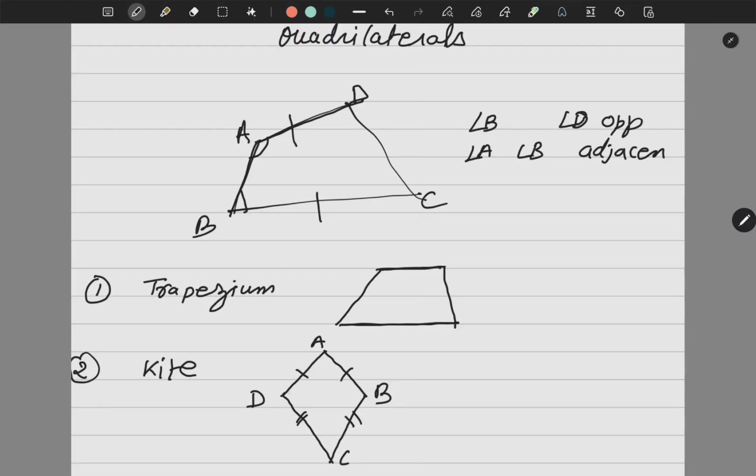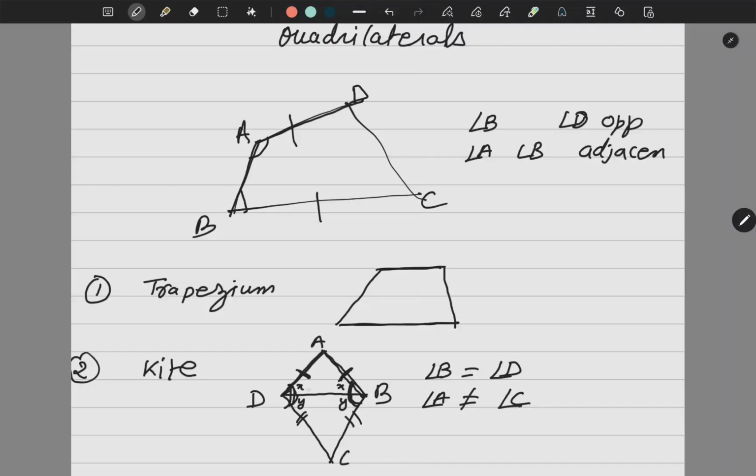For example, when I am saying these two sides are equal, AB and AD, if I join BD, I know that opposite to equal sides, I do have the same angles. So if this angle is say x, this angle is also x. Same way, I can say that CD and CB are equal, so these two angles should be same. So basically angle B and angle D become equal. So angle B is always equal to angle D. But angle A is not equal to angle C. So you need to remember that if these two sides are equal, then these angles are equal, right?